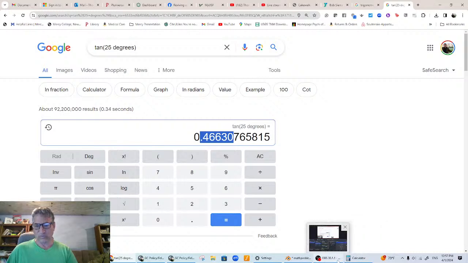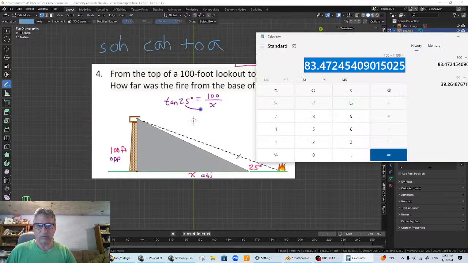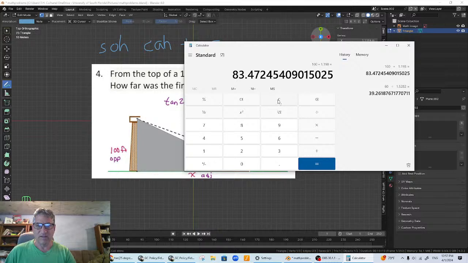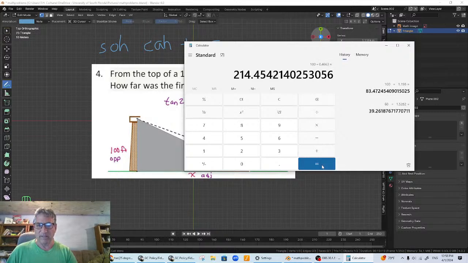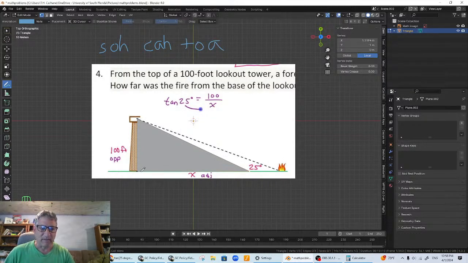So we have that value, and we say we want 100 over 0.466. So we have to clear this, and say 100 divided by, and then put our value in, and we get 214.45. This is where we then use Blender to check our work, because if we measure from here,